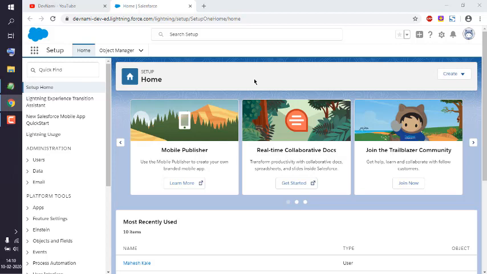Okay, so let's take a look at how you can export data from your Salesforce developer dashboard. So first thing, make sure to log into your developer dashboard, and in quick find you type in export,